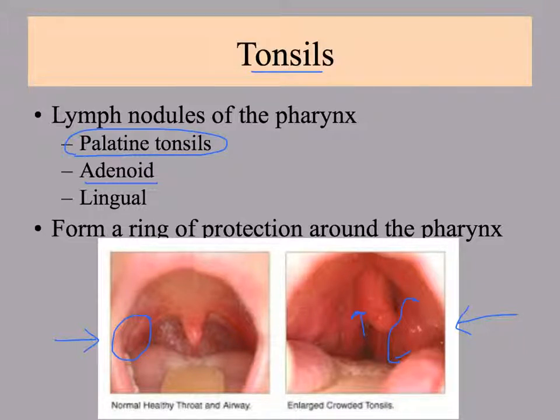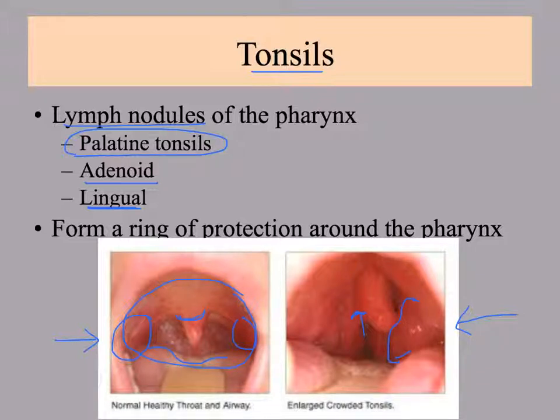And then there are also tonsils. Again, we're talking about lymph nodules, so not what we see. We don't see them quite the same way, but there are some found right at the back of your tongue. So if you think about on the back of your tongue here and in the center of your back of your mouth and on either side, you can see that the tonsils, these 3 types of tonsils, are forming a ring of active defense around the pharynx where you are taking in food and liquids that may be